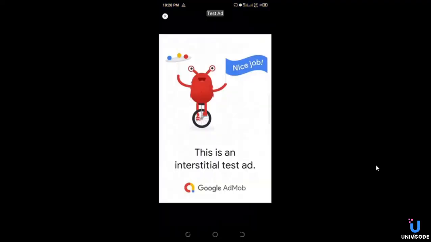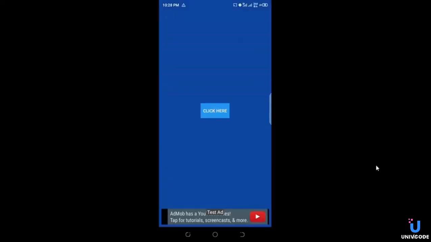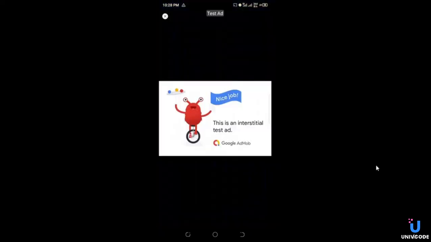and then your AdMob account might be banned. So it's better you use proper AdMob implementation guides and stuff. So you can see right here our ads is showing, the banner ads is showing, yeah, and the interstitial ad is showing on button click,